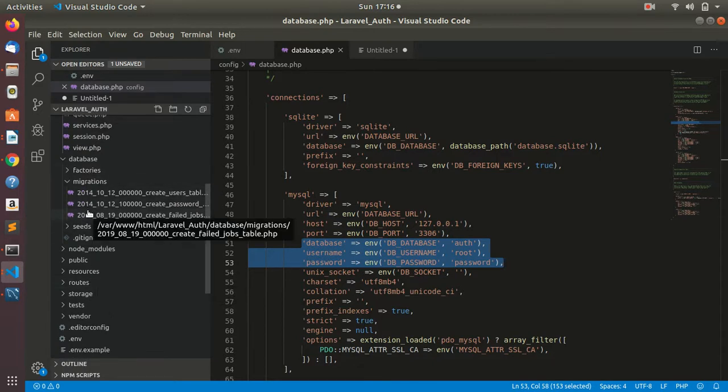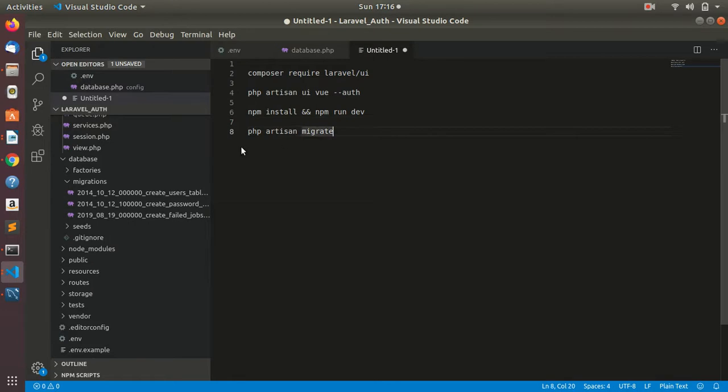We do not need to create any data table. Migrations will automatically create those data tables for us so that we can store our users' data in them. You just need to run the command php artisan migrate. This command will automatically create a table named users inside our database.